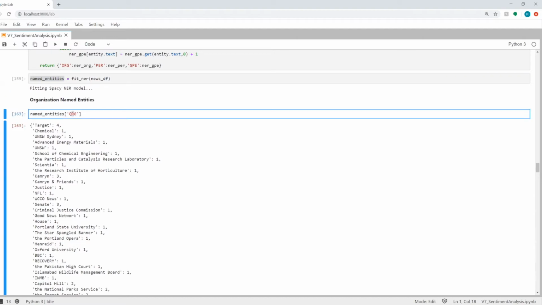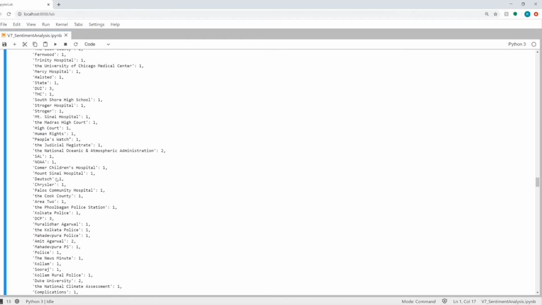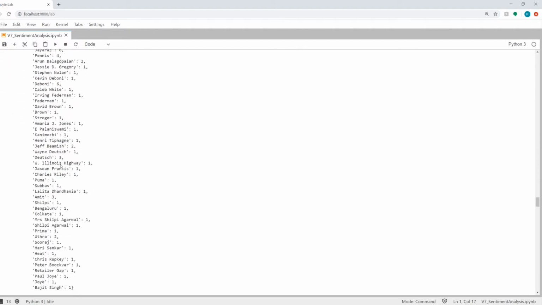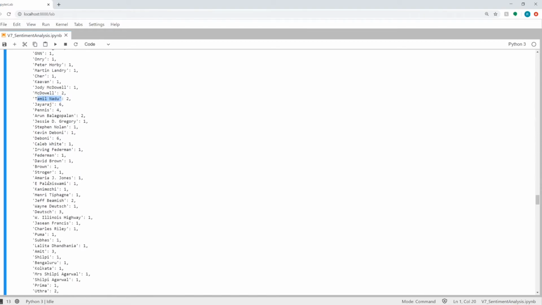These are all the organizations, so Target, Chemical, UNSW Sydney, all these are named entities which are organizations. Similarly, you have persons, Brian Cornell, Sean Dromgoole. These are all the people being talked about in the text that I passed in. You will see some geopolitical entities as well, like Tamil Nadu, etc., which is a state in India.